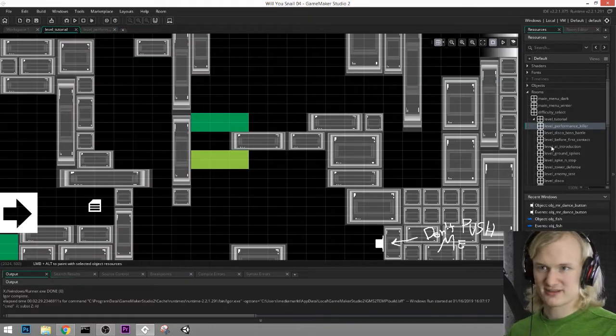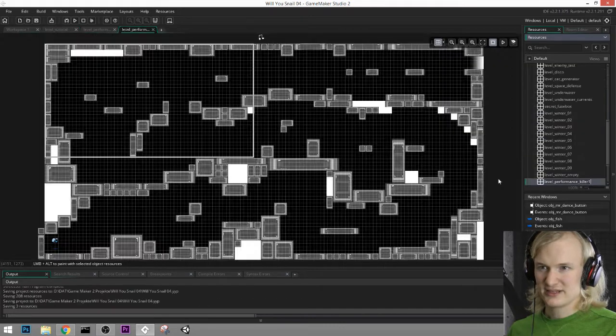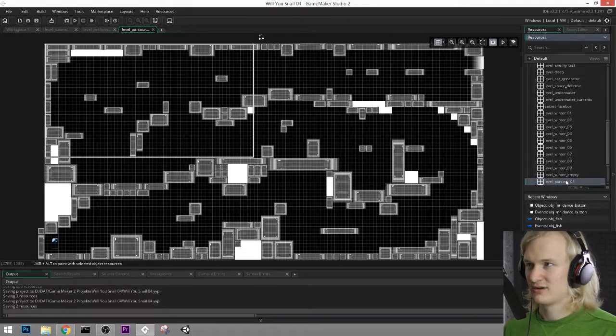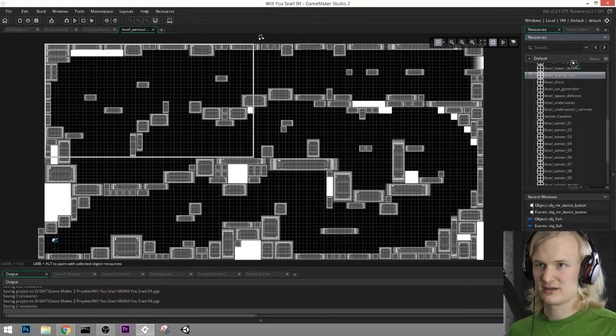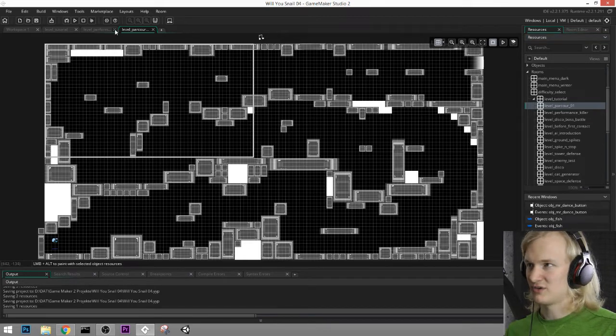Did I already duplicate that level? No, doesn't look like it. Okay. Add duplicate, not delete, and let's call it parkour 1 or whatever. Let's drag it somewhere to the beginning. Oh my god, that's already quite a bunch of levels we've got right there. Let's open it up and